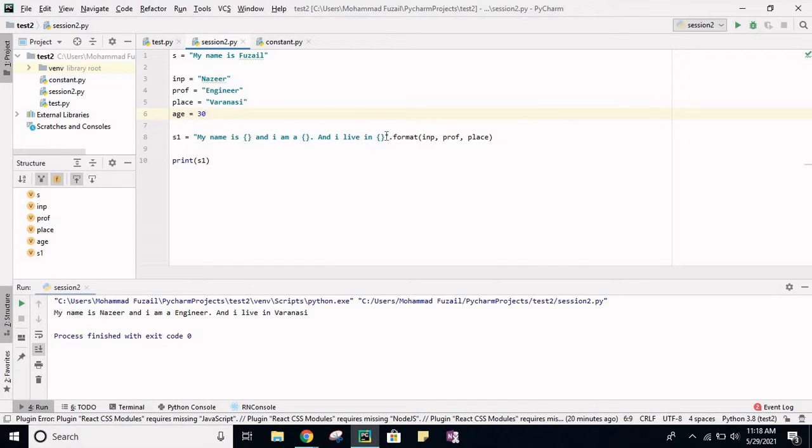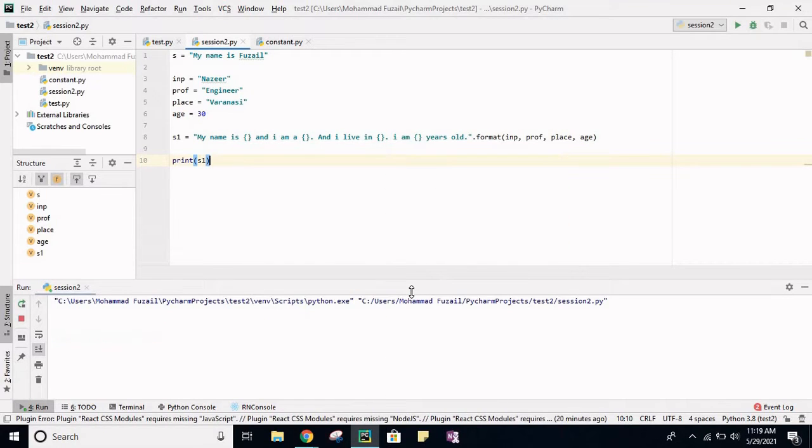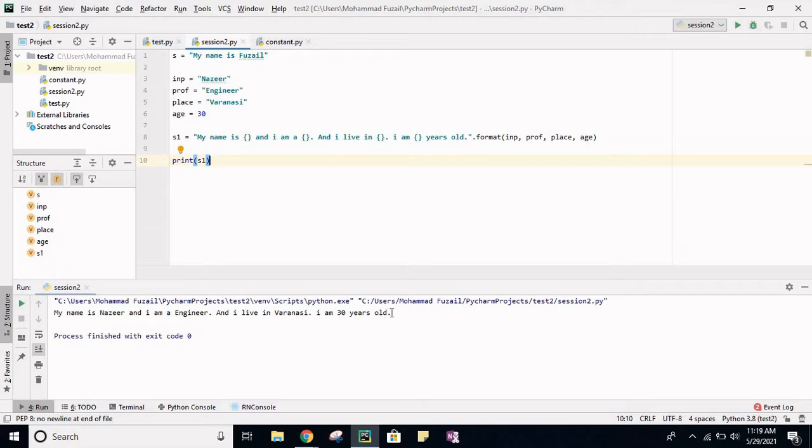I live in Varanasi, and I am this many years old, and now I pass age. Now I print this. See, it shows I'm 30 years old. This is how we use the format function to make the string dynamic, to output the string with dynamic values.